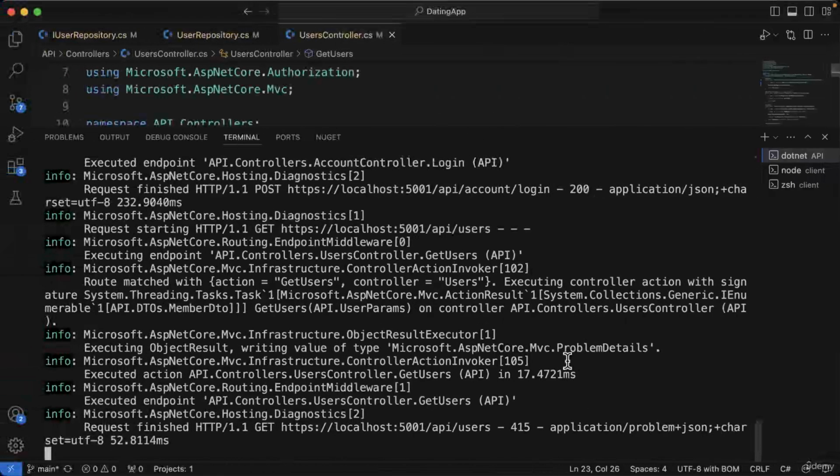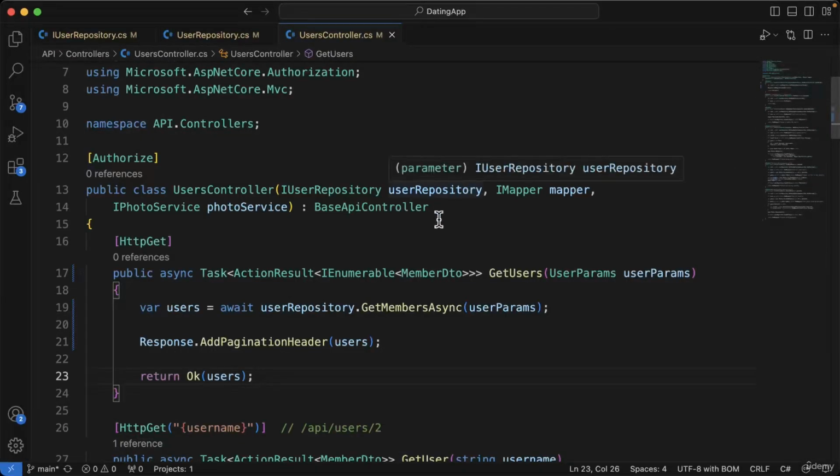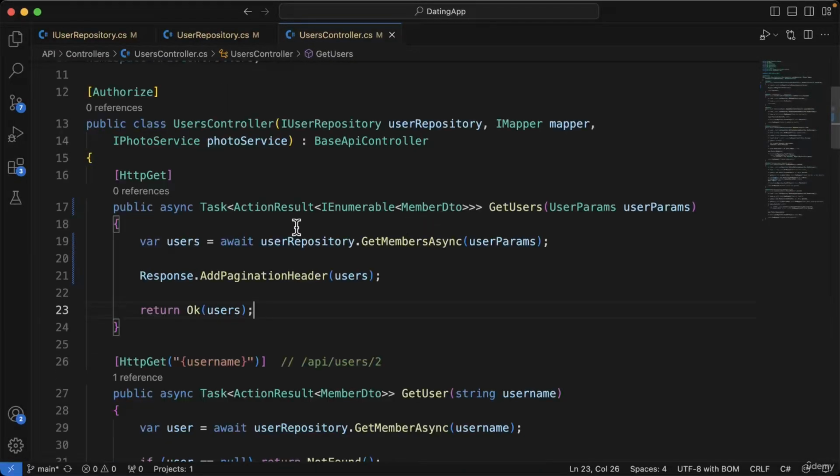So if we go back to VS Code and we take a look at our users controller, then we're passing an object here. And how are we going to receive these parameters? Do we want to pass them in the body of the HTTP request, or do we want to receive them in a query string? It's pretty common practice to use a query string to pass up parameters of this kind, but because we've